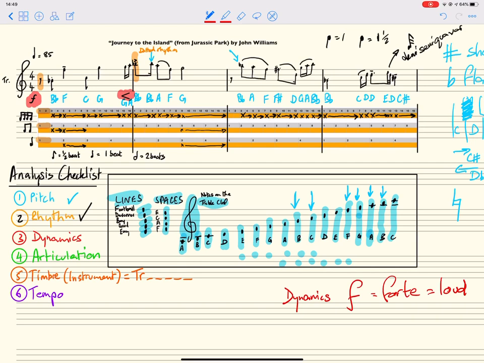And actually in the story of the film, it's where the helicopter first arrives, when the people arrive at Jurassic Park. And so this grand entrance has to be loud, and the composer's written the F there to help us to do that. Now, even just from that first bar of the melody, when there is this run